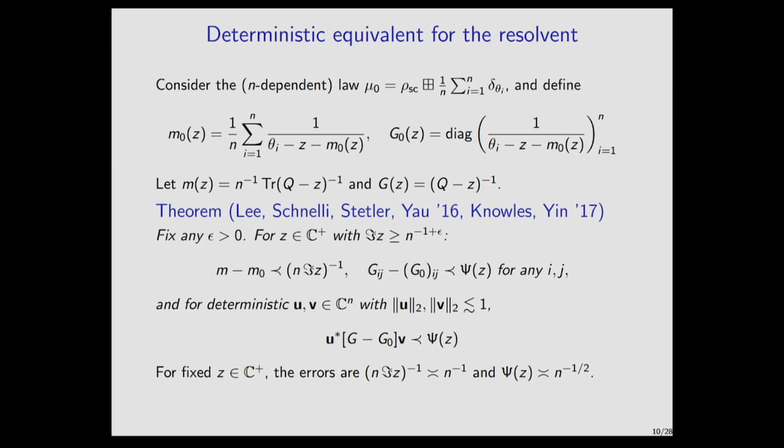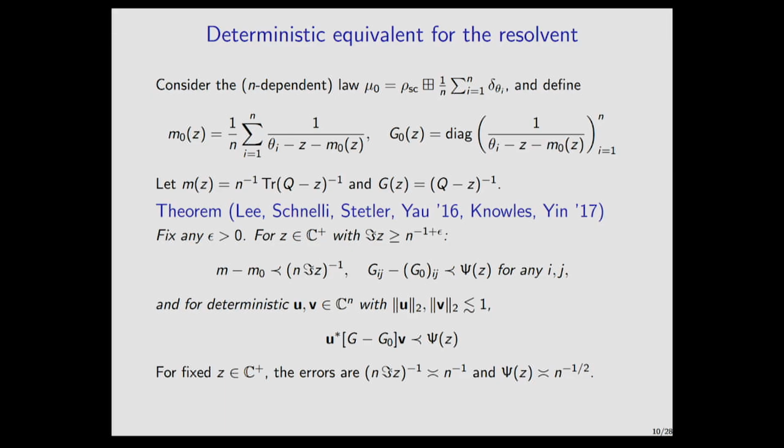And then the second result is about the approximation of bilinear forms, that if I take test vectors u and v, and I hit it with the resolvent g, it's approximated by the deterministic equivalent g naught. And this is a result due to Knowles and Yin in 2017. These results are fully local now, so they hold down to spectral argument z with imaginary part down to n to the -1, essentially. For the purposes of this talk today, I'm not going to have any local results. I'm only going to talk about global spectral results. For global results, this parameter is just 1 over root n, and the Stieltjes transform approximation is 1 over n. Okay, so this is the second thing that I want to review.